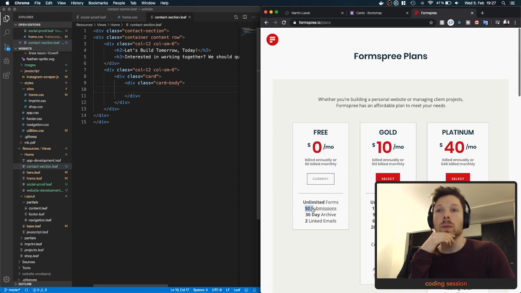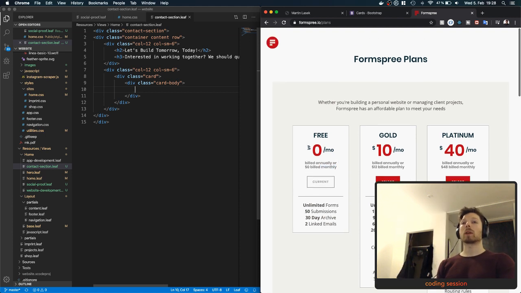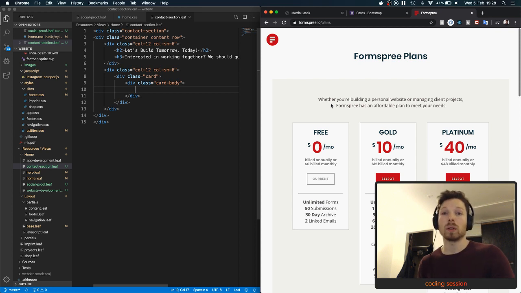Free, 50 submissions per month. Unlimited forms, 30-day archive, 2 linked emails. Sounds great to me. This is perfect for when you want to have a form, and once the form is submitted, you want to have actually this one sent to an email of yours. I mean, getting 50 inquiries a month is more than I can handle, so should be sufficient.